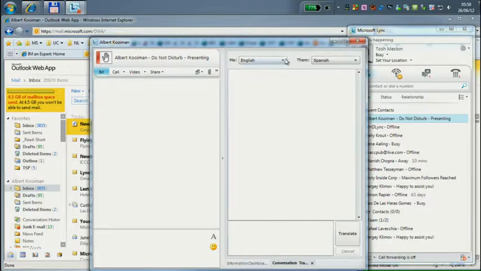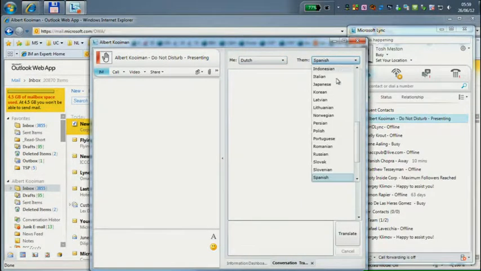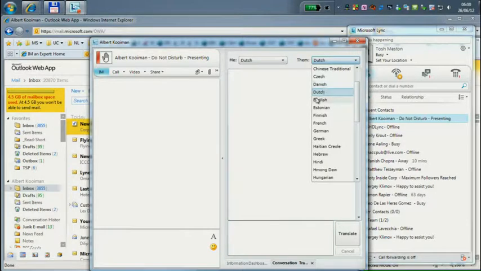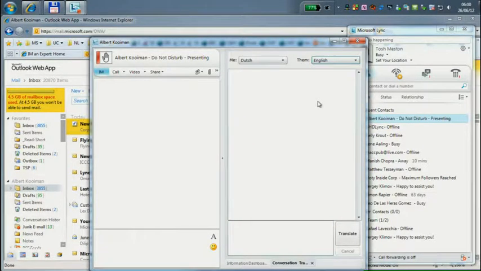Now, I am speaking Dutch here, so let me change that to Dutch and do the translation into English so that everyone can follow it. Dutch to Dutch is not going to be very helpful. Okay, here it sticks. So if I say hello, it translates it into hello here, and then I can send it.